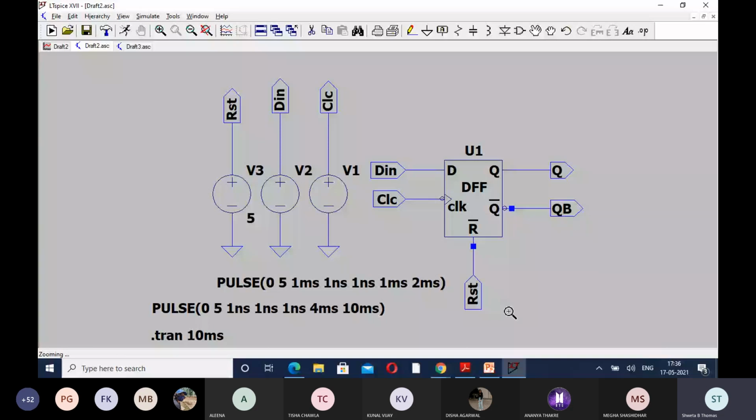Okay, so first we will take the input. 3 inputs we will take: D in, CLK, reset, then Q and Q bar. The name you can give according to your choice. So here we will take the input first.